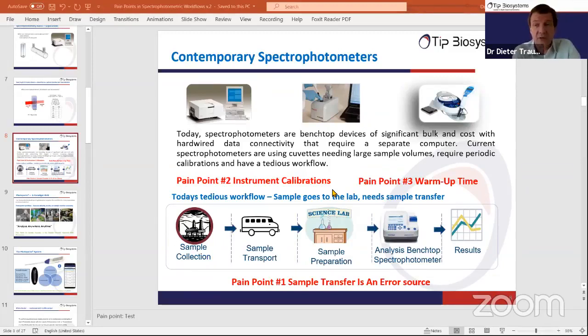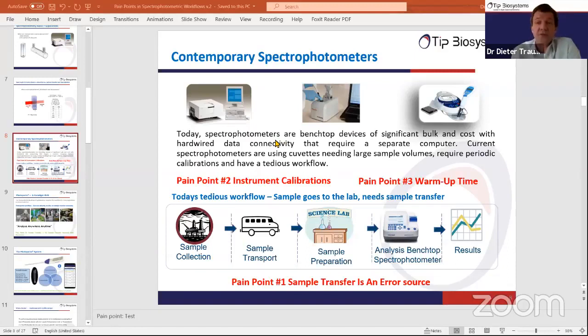For many, many decades, we worked with benchtop spectrophotometers of the type here on the top left, a picture in the slide. Those instruments are very bulky and big. They have a cable to a computer to control them. I also mentioned that, in my opinion, there were two big advancements in spectrophotometry. Of course, there were many little improvements, but I don't mean improvements here. I mean really game changers.